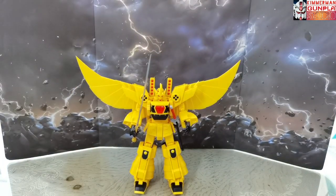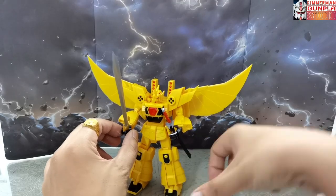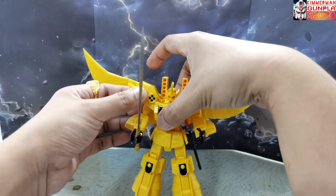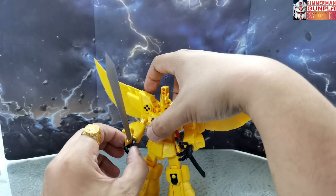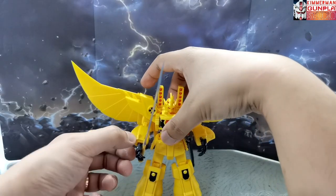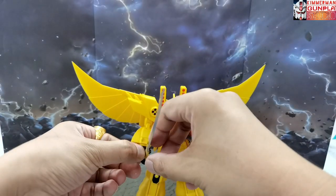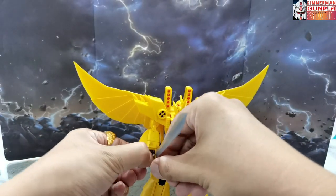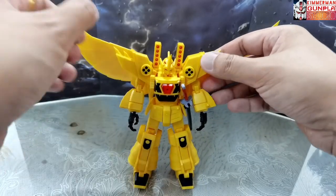So the sword here, as you notice, is not his sword. I just let him borrow the sword from Mazin Kaiser because Mazin Kaiser has so many swords, so I intended to use this Kaiser sword with him. So I will remove it. Okay, so I removed the sword and let's check the